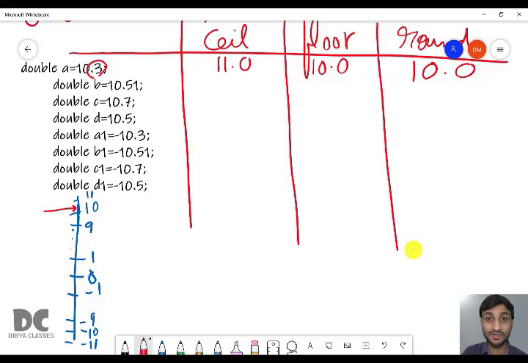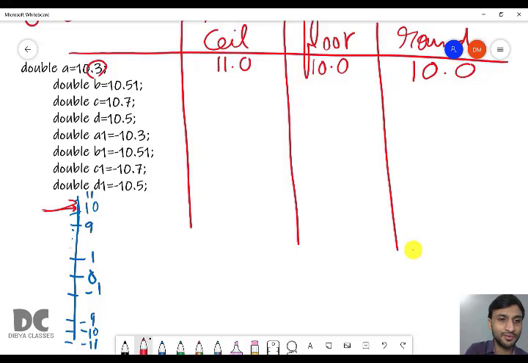In the board exam, you'll get some number and they will ask you to convert it using ceil, floor and round, to find the value with Math.ceil, Math.floor and Math.round. So you have to keep on practicing this because this is a mathematics thing. You need practice or else you will forget.